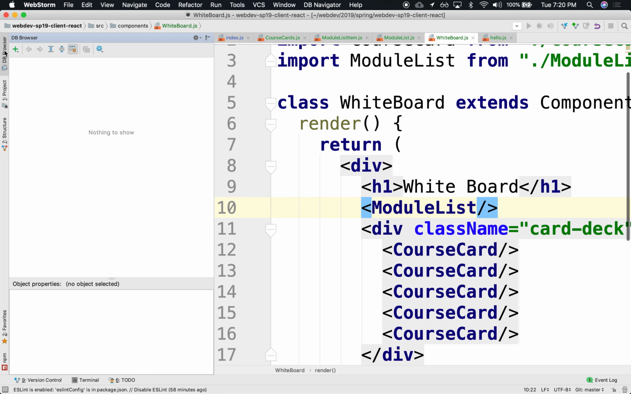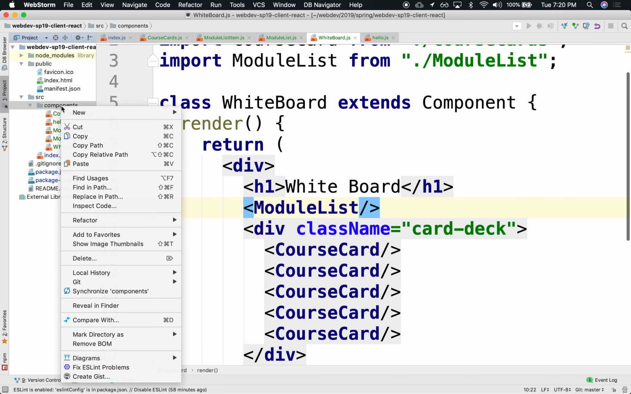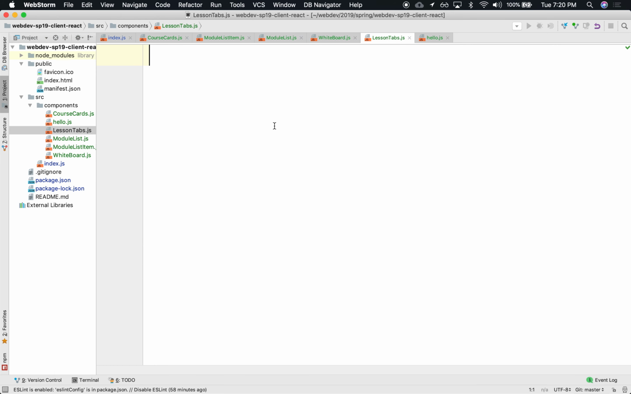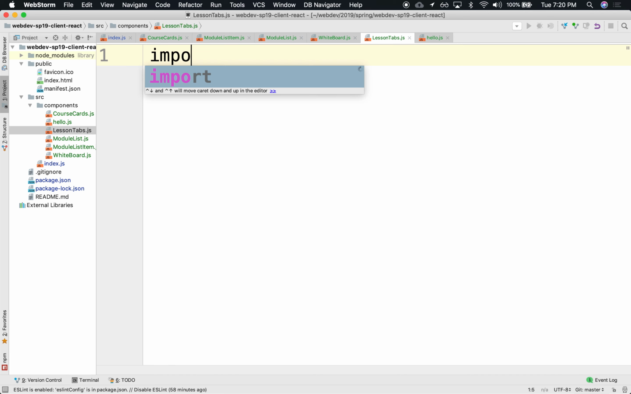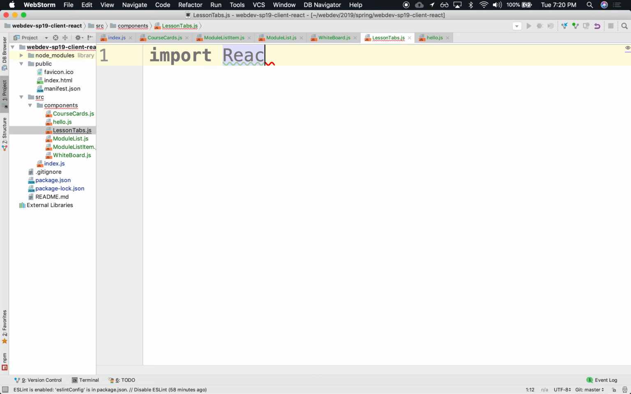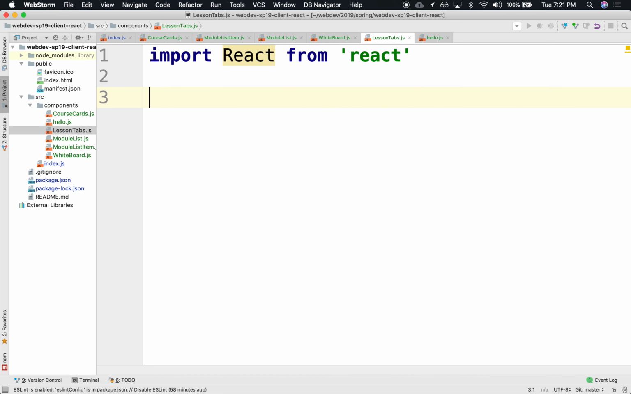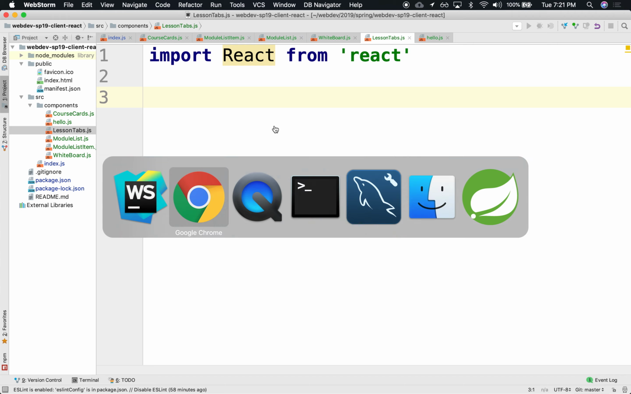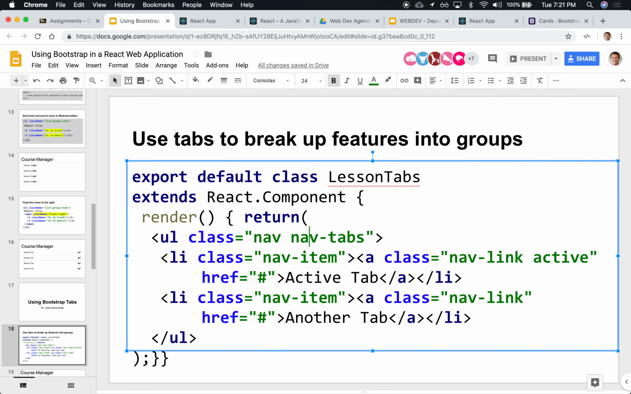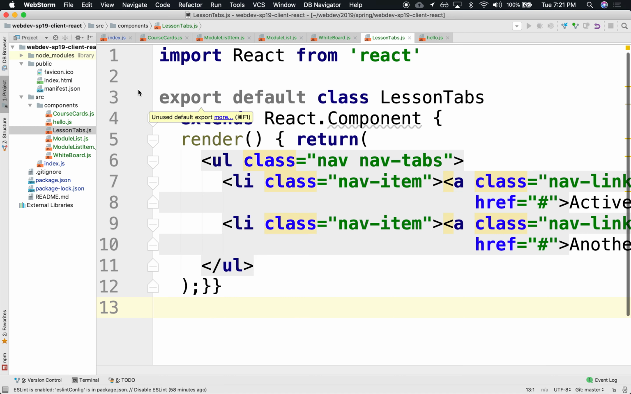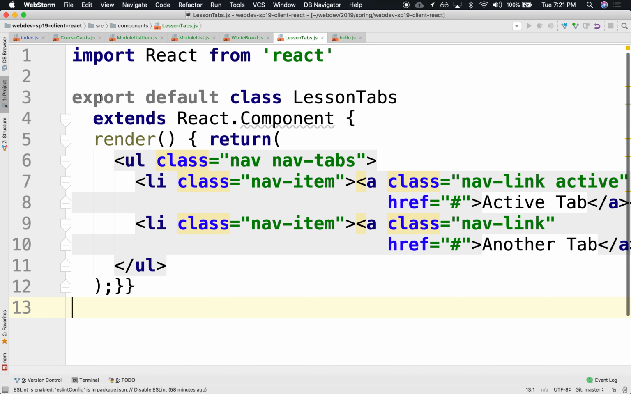Let's create a component for tabs. So this will be lesson tabs. And for lesson tabs, we're going to import React from React. And what we can do here, we're going to copy this. There we are. Again, this exports directly the class of lesson tabs, which extends React component, and it returns